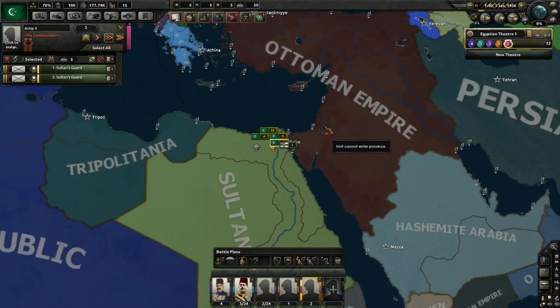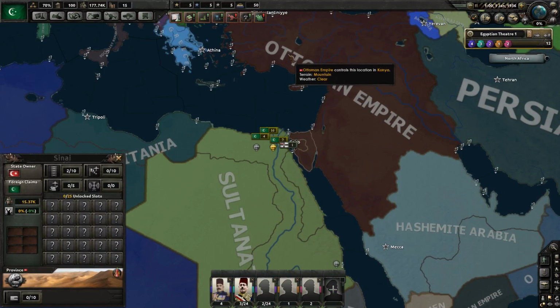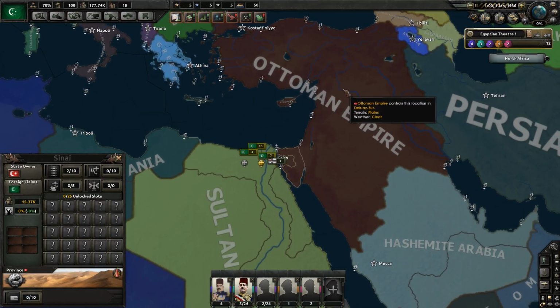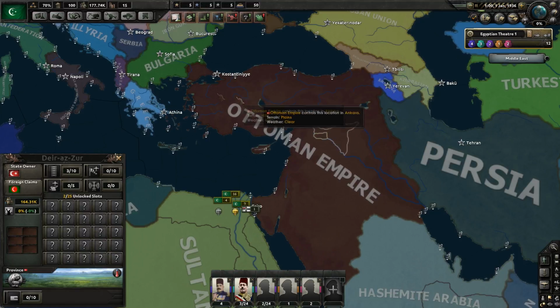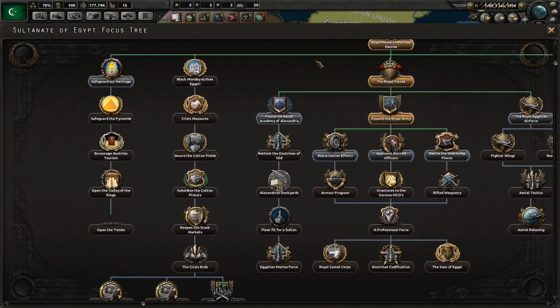So you have a fairly decent starting force, not enough to take on the Ottoman Empire, but definitely enough to build up on,